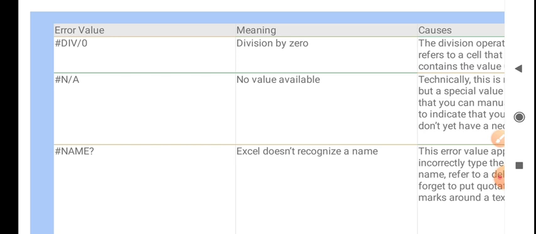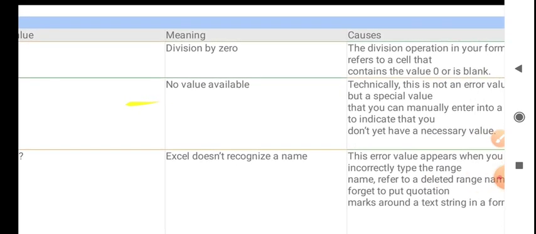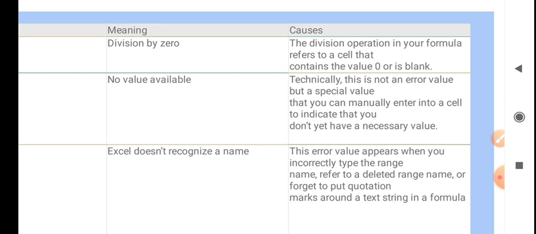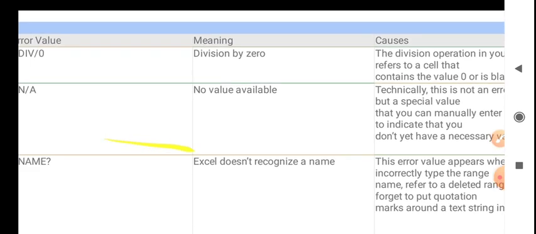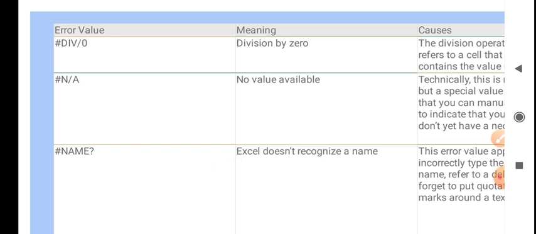If you are entering a wrong value while writing the formula, technically this is not an error value but a special value that you can manually enter into a cell to indicate that you don't yet have a necessary value. If you are not putting in the value you want, you will get #N/A.